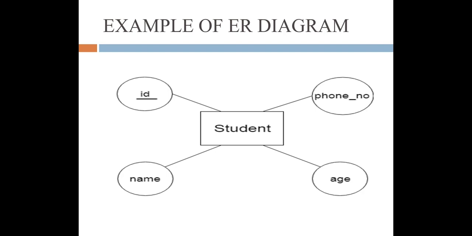So here we are taking the ID or roll number as the key attribute, because if we want to distinguish one student from another, we have to take the help of the roll number. No two students have the same roll number. So the roll number or ID is the key attribute, which is represented by an oval shape with the underline. If we are representing an employee as an entity, the employee ID can be taken as the primary key or key attribute associated with the employee entity.